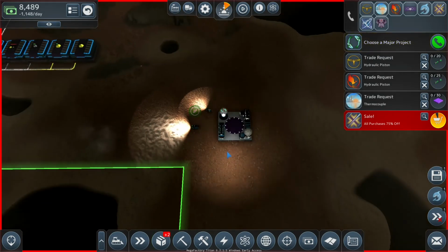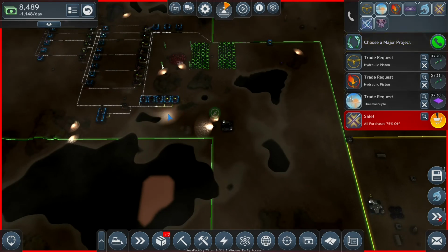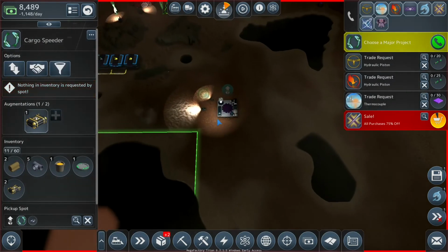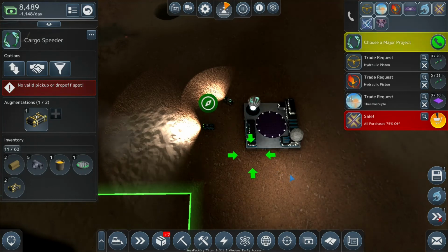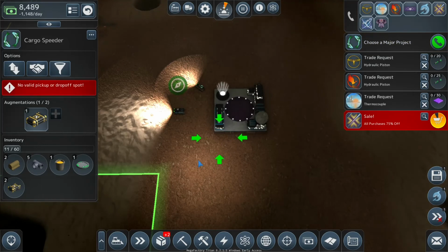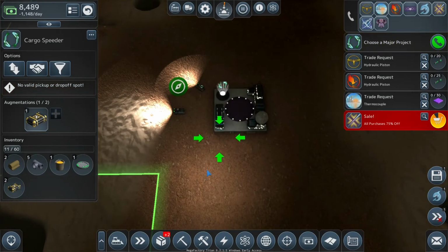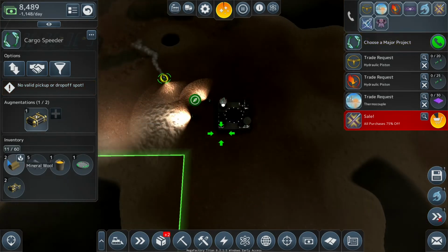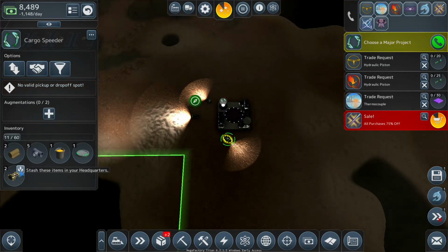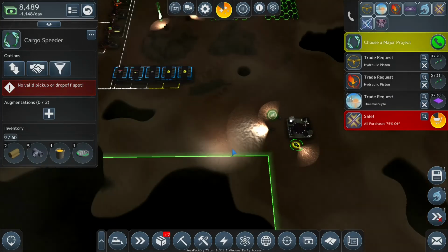One in there. Hold on. Where are the other augmentations? Where's my cargo runner? Cargo speeder. I'm here. You've got an augmentation on you. You also got loads of stuff in your inventory. Oh, we've got 2. Yeah. Picked up loads of stuff from orders. Headquarters. Yep, stash. There you go. Right. Okay, so you've got loads of stuff that we just...